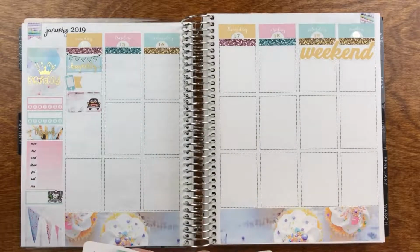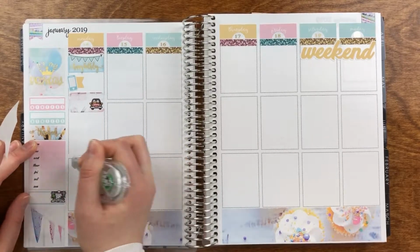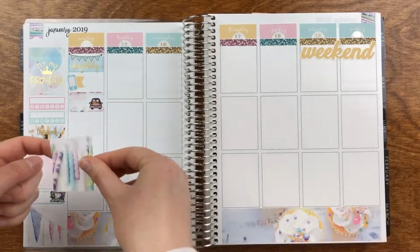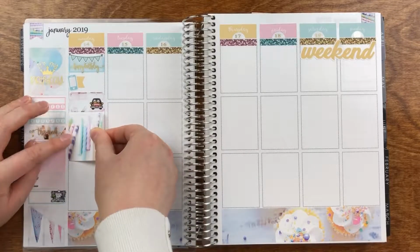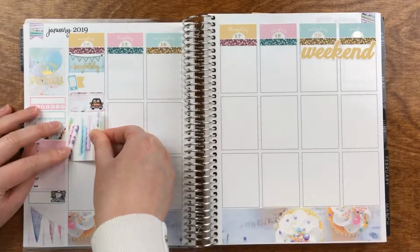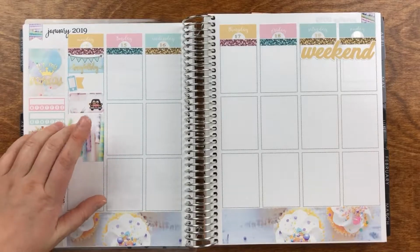Do I want to do the one probably with the candles? Because that seems very birthday-ish. And then, let me think, I drove back,